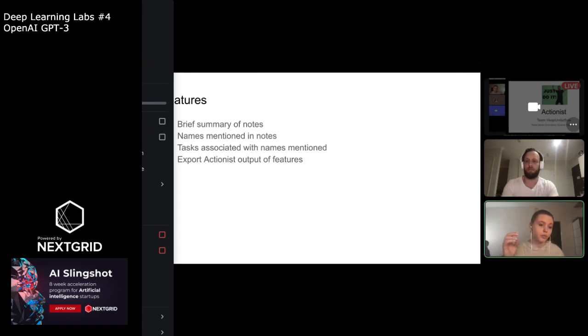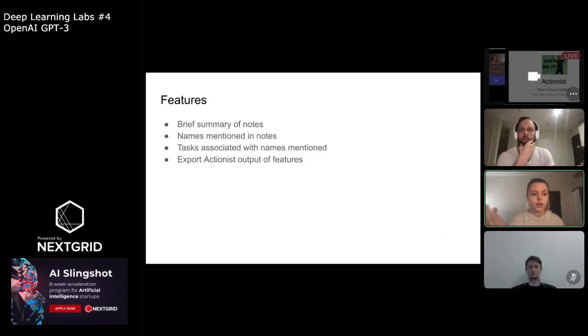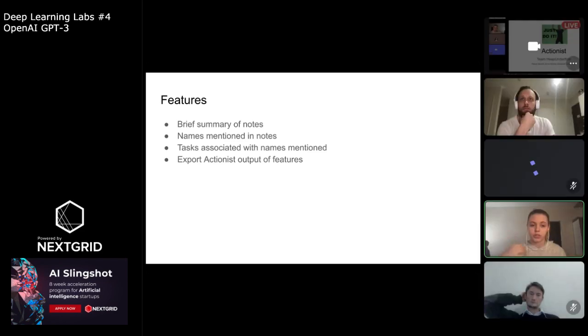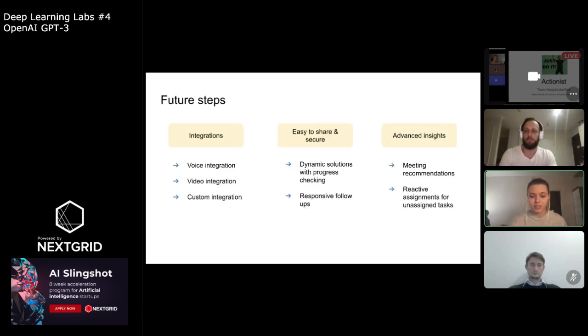We are producing a brief summary of all the notes, naming the people mentioned, who are concerned about the notes, who are participating actively in the discussion, and who the discussion concerned. We are listing the tasks associated with all these people and exporting this action list outside so you can easily share it with one click with somebody else. Let us maybe show the demo at the very end, and in the meantime, quickly tell you what our